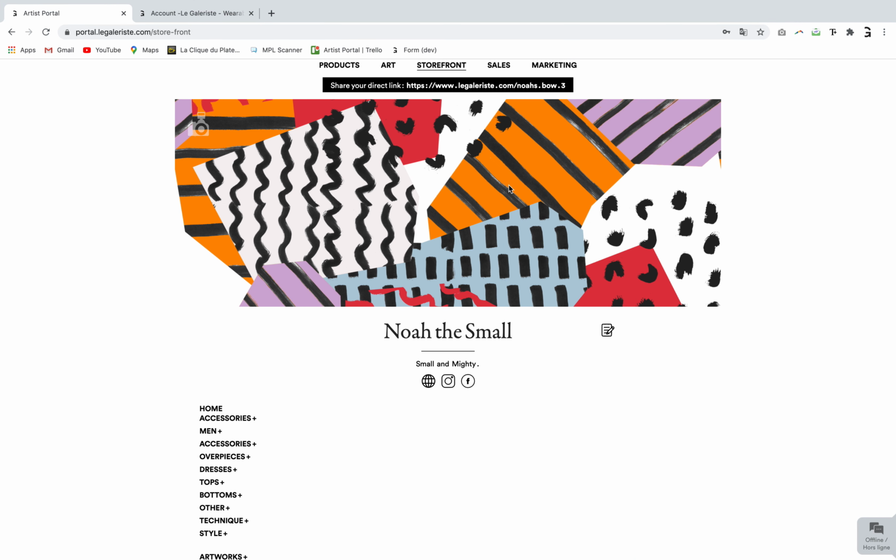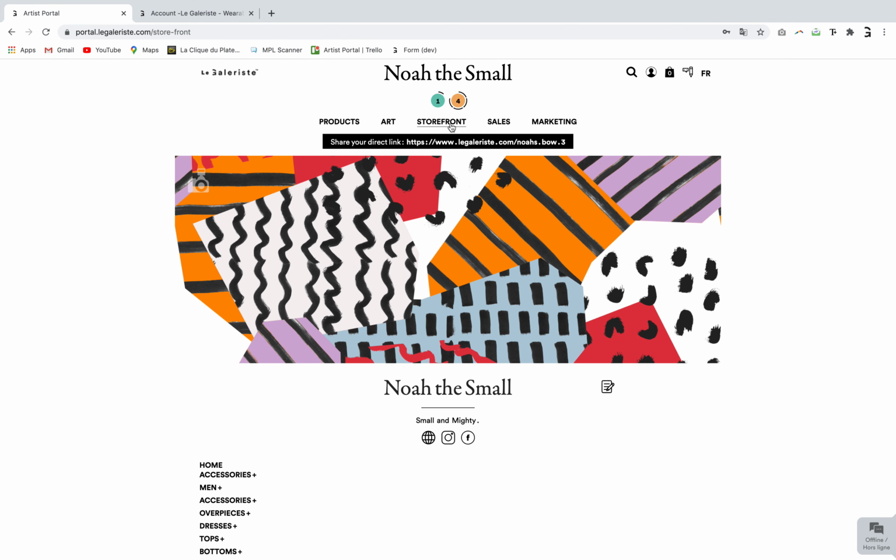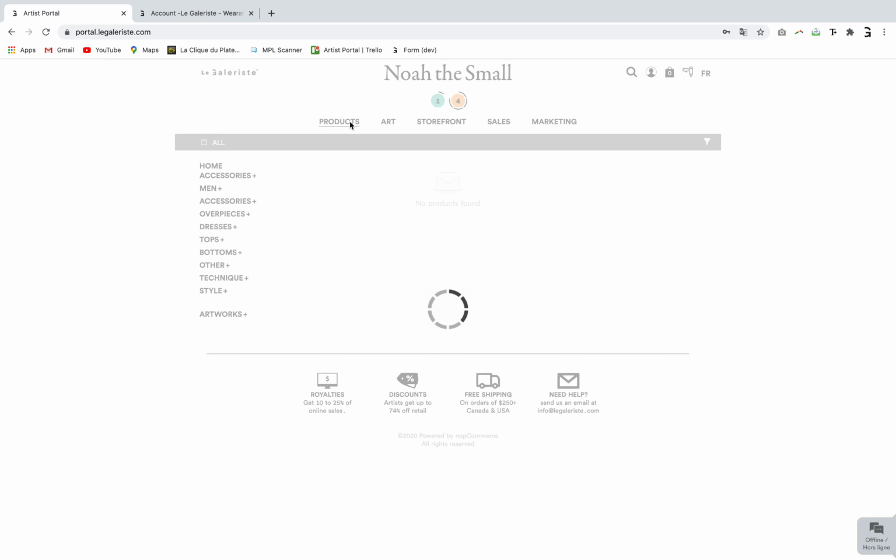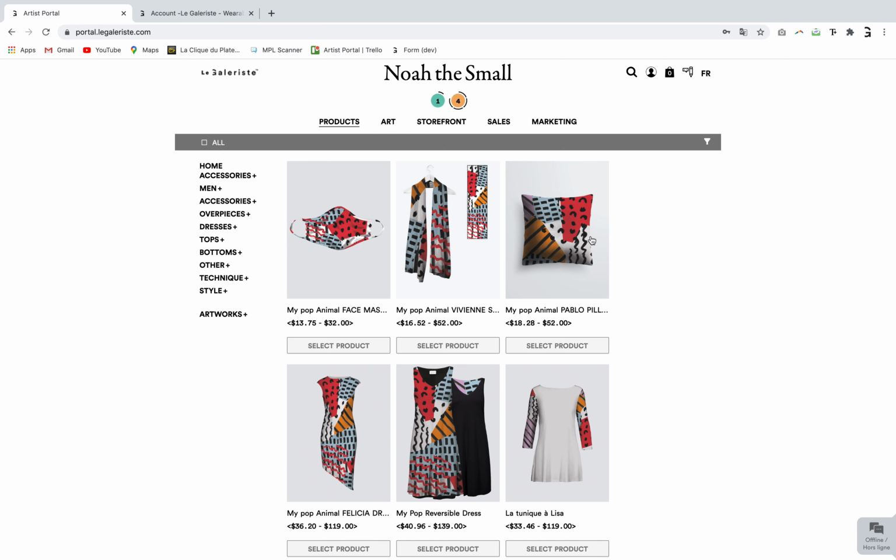Managing the storefront. All right. So the storefront is your retail site, basically. Submitting art and having product designed for you does not give us, le galeriste, the right to resell your products. You're still the exclusive potential buyer for these products whenever you add to order and make an order for